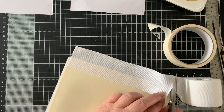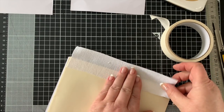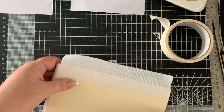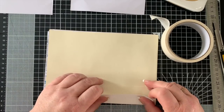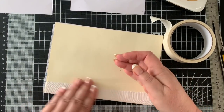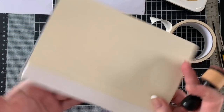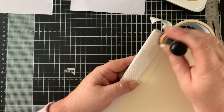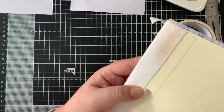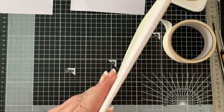Right, so there we go, we've got that. And just going to get that to the bottom so it looks like fabric really. And then I'm going to just put that around this side as well, like that. And if you wanted to distress this with your ink, so if I do this on this side because I'll cover it, you can actually do that. If you have a look there, can you see? You can distress that on the spine bit over here if you want to. So let's just give that a light